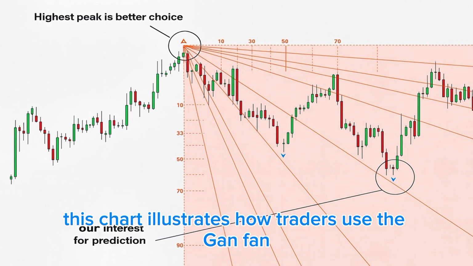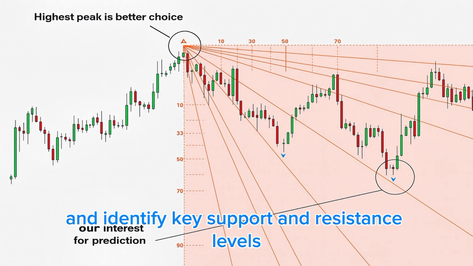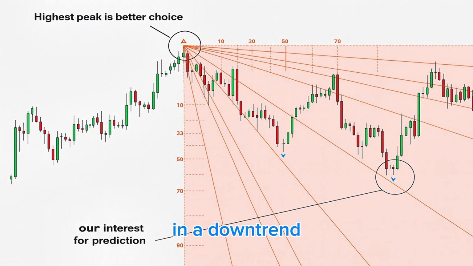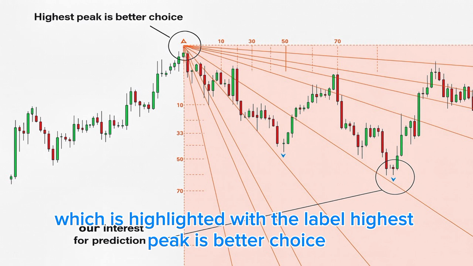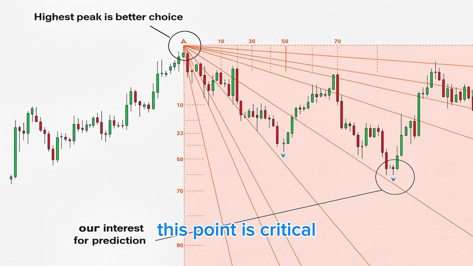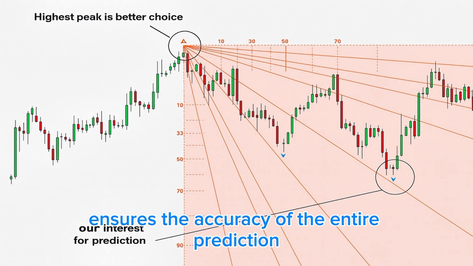This chart illustrates how traders use the Gann Fan or Fibonacci fan tool to predict future price movements and identify key support and resistance levels in a downtrend. The analysis begins from the highest visible peak on the chart, which is highlighted with the label "Highest Peak is Better Choice." This point is critical because starting the fan lines from the dominant swing high ensures the accuracy of